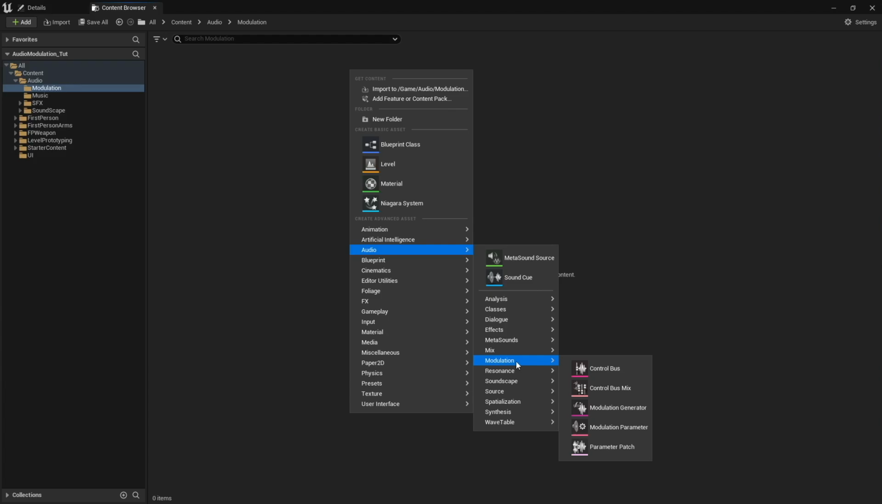In this video, we're specifically going to be taking a look at the control bus and the control bus mix. I'm not going to be diving into the generator, parameter, and patch in this video. But if that is something that you'd like to see me cover, let me know in the comments and I'd be more than happy to dive a little bit deeper into that. But really for now, I just want to make sure that you guys can get up and running with the